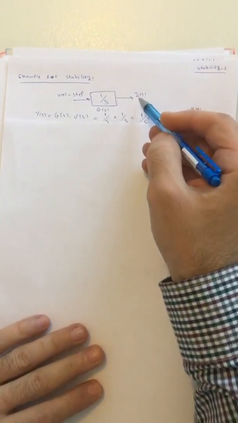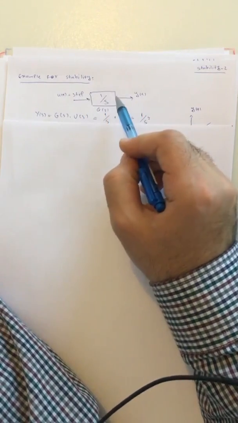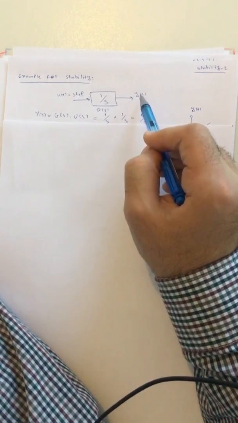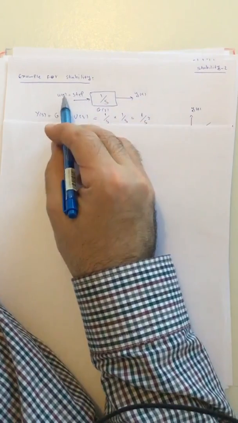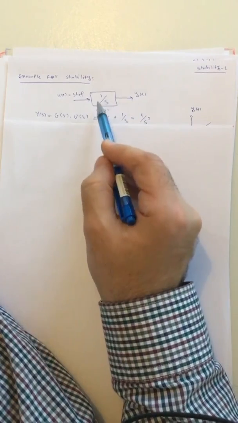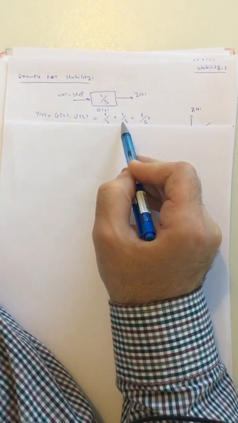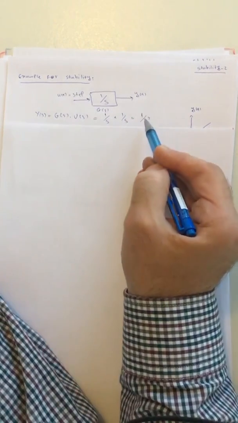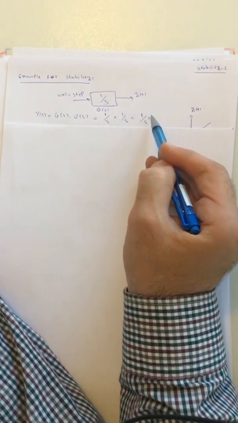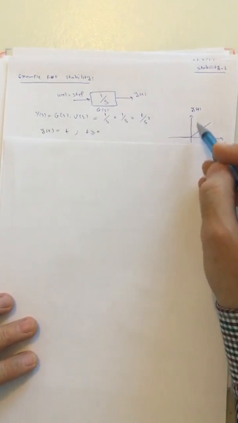So to find y of t, we can use the Laplace transform. y of s, the Laplace transform of y of t, is actually g multiplied by u. So g of s multiplied by u of s, and g of s is 1 over s, and u of s is the Laplace transform of the step, which is 1 over s as well. So what you get for y of s is 1 over s squared, and if you take the inverse Laplace transform of 1 over s squared, what you get is y of t is